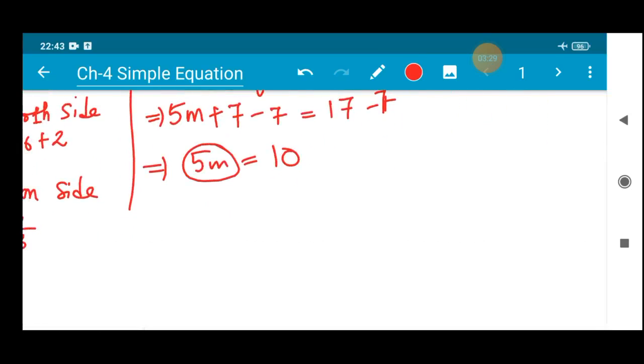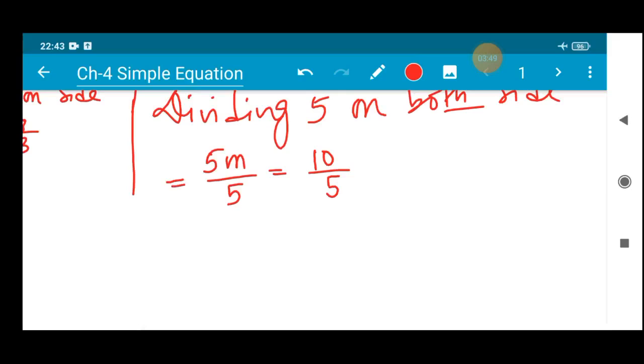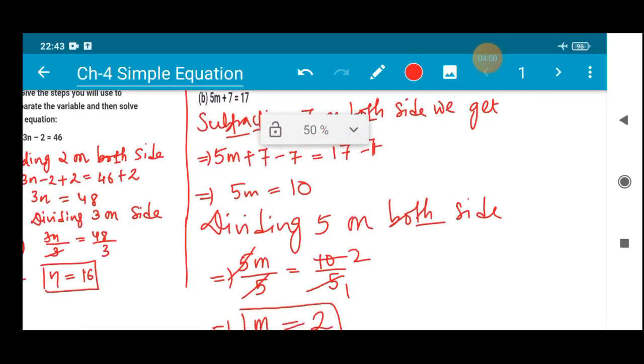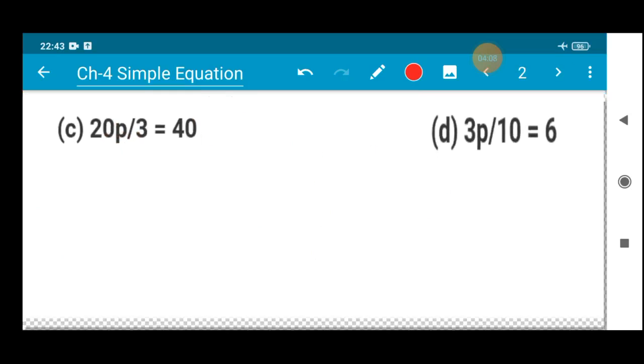Now you can see here easily that 5 is the coefficient multiplied with m, the variable, so I have to divide by 5 on both sides. So I will be dividing 5 on both sides. So 2 steps we are following, you can see easily 5m by 5 is equal to 10 by 5. Alright, now 5 and 5 get cancelled, so m will be remaining there. Now 5 1s are 5, 5 2s are 10, so the value of m will be 2. Easy one. So I hope you people are understanding whatever we are doing. Follow question number 1 and 2 properly, you will be easily solving this. Alright, proceeding to part C.